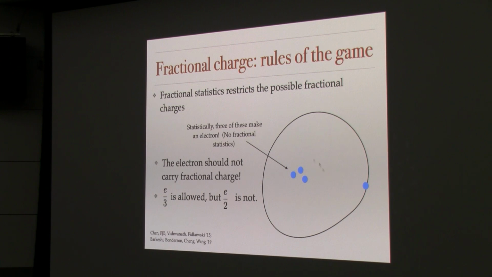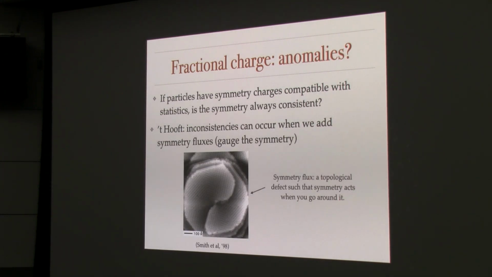So in particular, 3 of these statistically are an electron. And they should also have an integer charge because the electron has integer charge. So, what charges am I allowed to assign these guys if their statistics have this factor of 1/3 in them? Well, a charge of 1/3 is fine. A charge of 2/3 would also be fine, but a charge of 1/2 is not. So it's kind of a basic observation. Good. Oh, sorry. There's the animation. Okay, so that's kind of the rule that we play by.